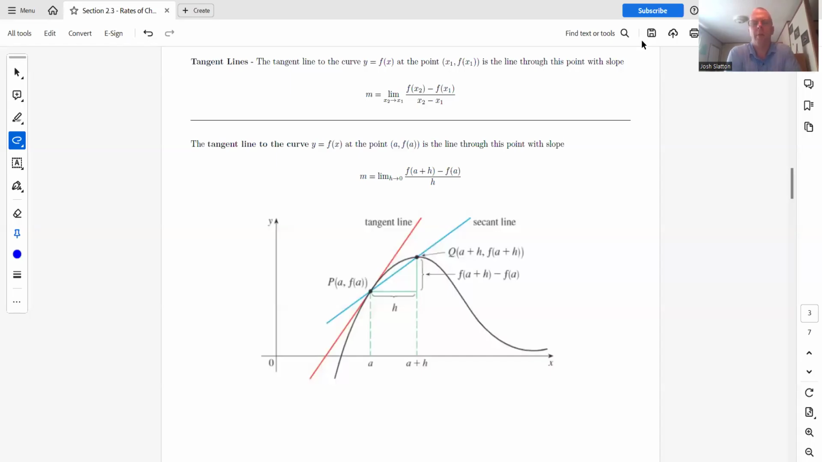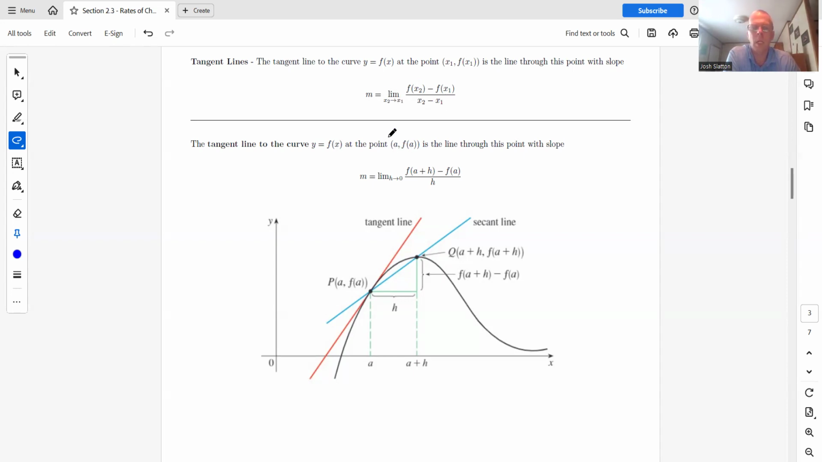All right, so continuing this conversation about instantaneous rate of change, let's talk about tangent lines. So the tangent line to a curve y equals f of x at the point (x1, f of x1) is the line through this point with the slope given by this formula, which looks like what we've been talking about with the average rate of change, but also maybe more accurately looks like the formula with the instantaneous rate of change, since we're taking the limit and this is going to